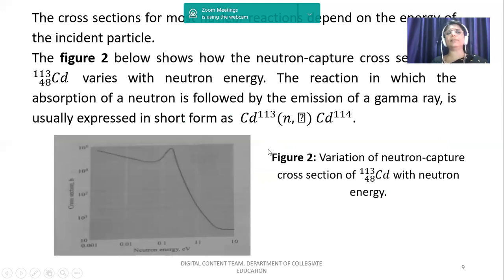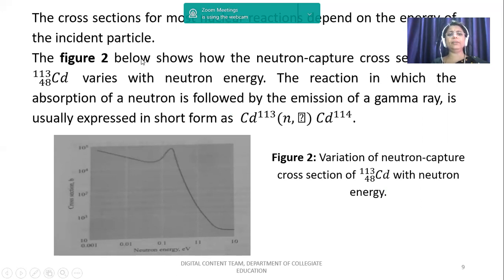So when we consider this particular cross section for most of the reactions, it depends on the energy of the incident particles. Whenever you have to understand the reaction cross section, for a majority of nuclear reactions it usually depends on the energy of the incident particle. In this graphical representation, you can analyze how the reaction cross section varies as a function of incident projectile energy, such that at which particular energy of the projectile the resonance is going to exist, and what that resonance signifies, we'll consider in detail.